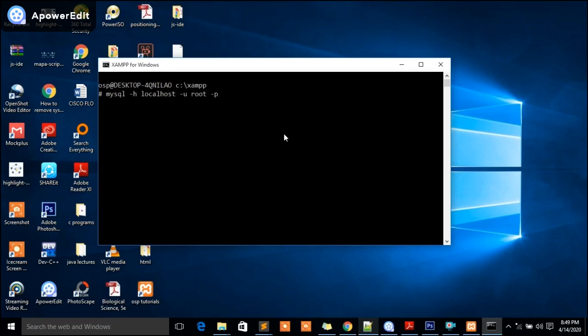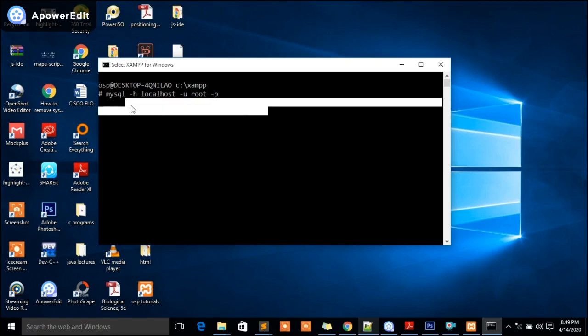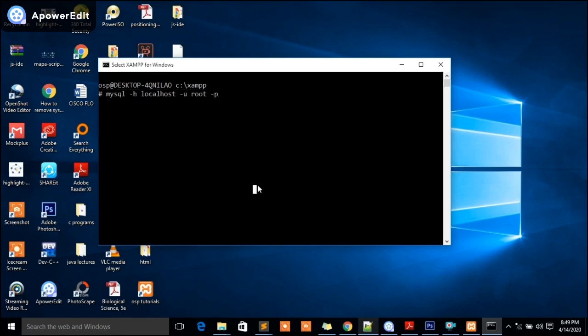When you press enter, it's going to ask you to enter a password. Please don't enter any password as long as you're using MySQL or XAMPP server. Why? Because by the time you install XAMPP, my friends, there is no password you need to give. And this is the right route you should follow